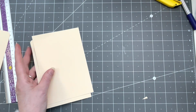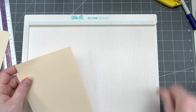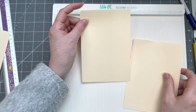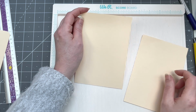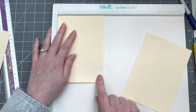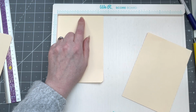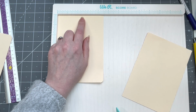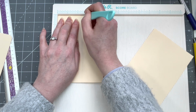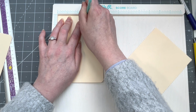We still have a piece left. Keep all the pieces if you're doing a file folder sort of journal, because you can make something with it. These have rounded corners. Do we mind? I'm going to put the rounded corner on the bottom. Now, what did we decide? The flap itself is going to be 2.5 wide, so I'm going to score at 2.5. Then we still want the spine to be a 1/4 inch. I wouldn't recommend a bigger one